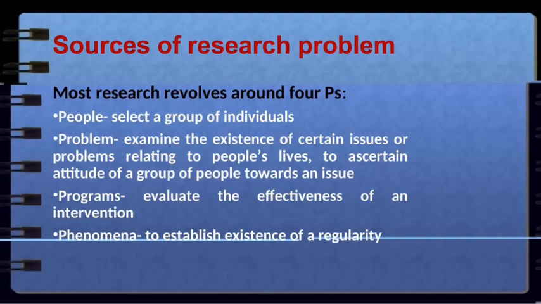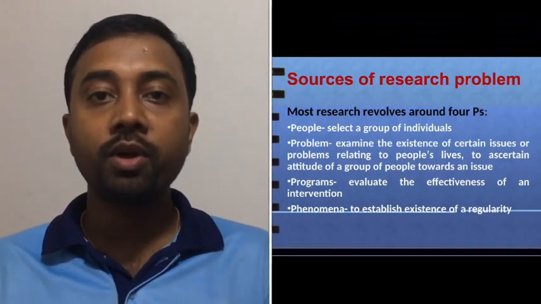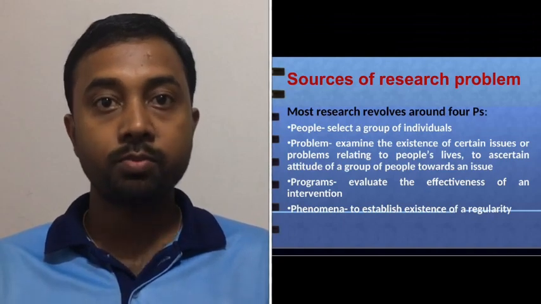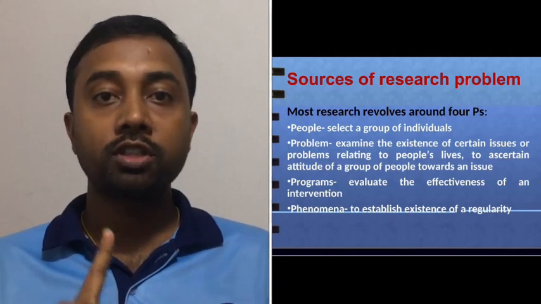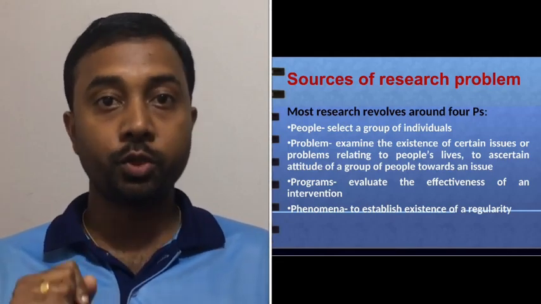Let's see the major sources of research problem. The major sources of research problem can be mostly related to 4 P's, alphabet P. The first one is people, the second one is program, the third one is phenomena, and the fourth one is problem or issues. The source people means studying about a group of people or an individual, like an ethnic group